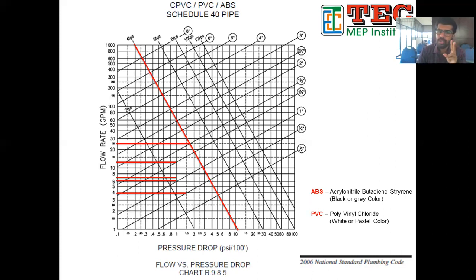So now you got GPM. Now you need to know the pipe size. Now pipe size is being known by two things. If you know GPM and velocity, you can easily find out the pipe size. I have already said that in the design assumption, what should be the velocity? What should be the velocity?